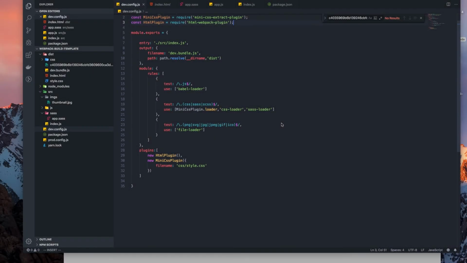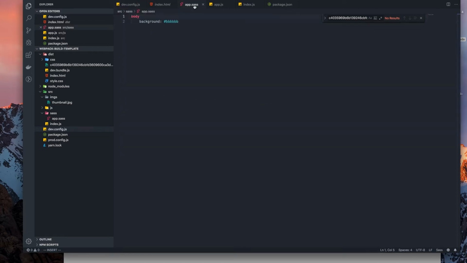All right, to continue on with my last video, with the image that I loaded in, and then having it parse through the file loader to resolve as its own module. To ensure that I can load it on the HTML side, what I'll do is